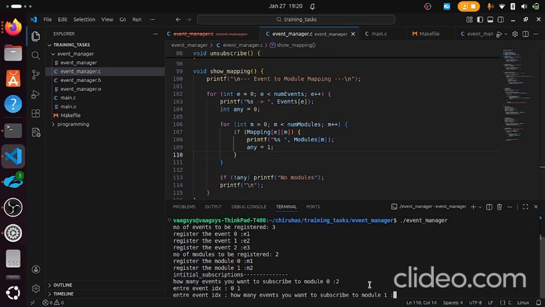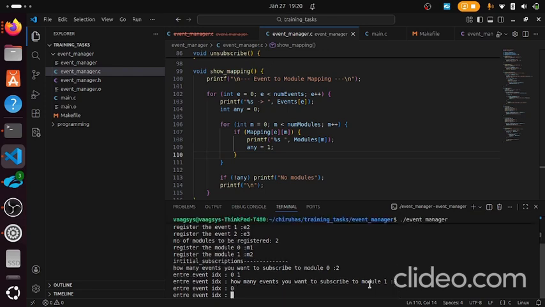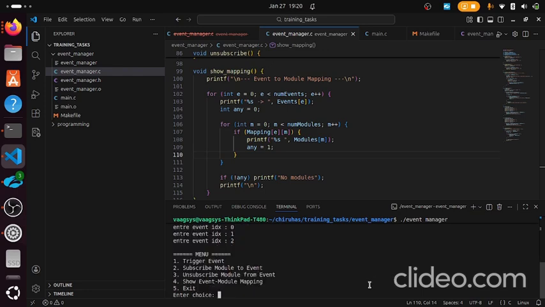Then for module 1, it will again ask. So let's say I want to subscribe to all 3 events: 0, 1, and 2, all of them. Then once I see how it is mapped,